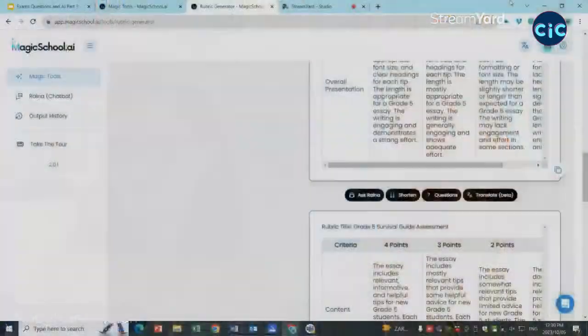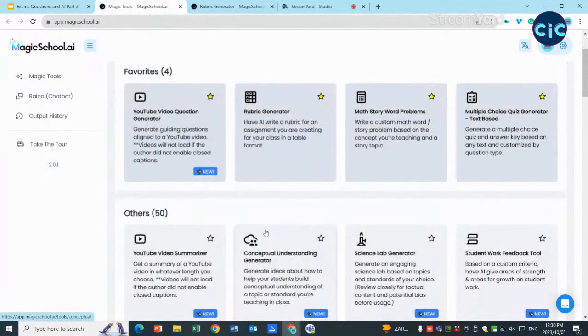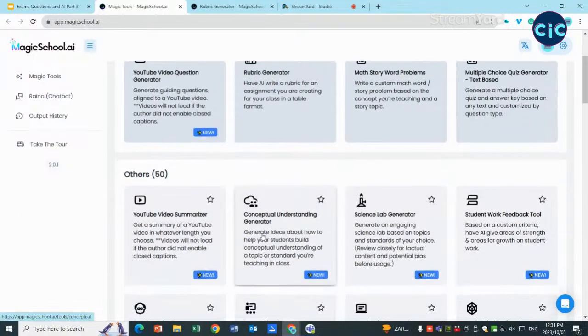I loved it. And while you flashed away from that first page, I saw so many other links. There was one about creating word sums. Should we quickly dive in there? Yes, all within a different genre. So look at that one. Write a custom maths or story problem based on a concept. So if you're doing space in grade 7, you could have your whole maths. And maybe you'd have to almost generate question by question.